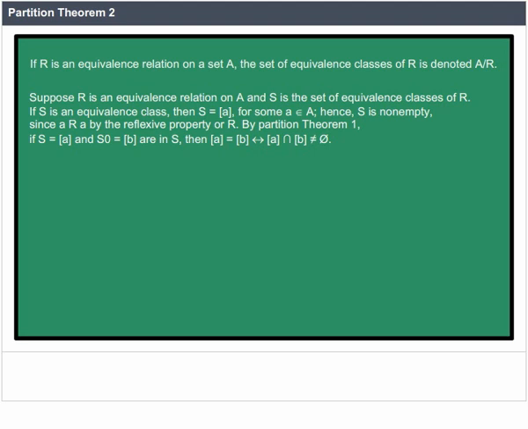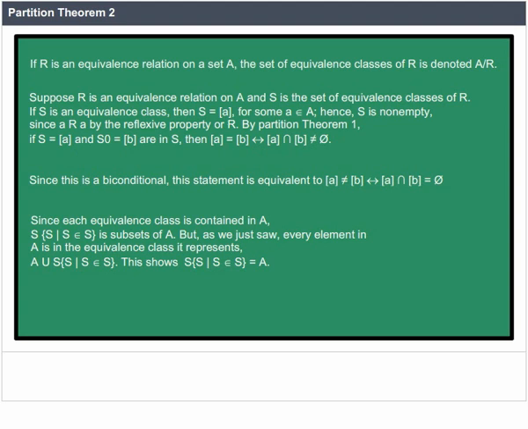If S is an equivalence class, then S equals [a] for some a belonging to A, hence S is non-empty, since a is related to a by the reflexive property. By partition theorem 1, if [a] is not equal to [b], then [a] intersection [b] equals empty set. Since this is a biconditional, this statement is equivalent to: [a] is not equal to [b] if and only if [a] intersection [b] equals empty set. Since each equivalence class is contained in A,